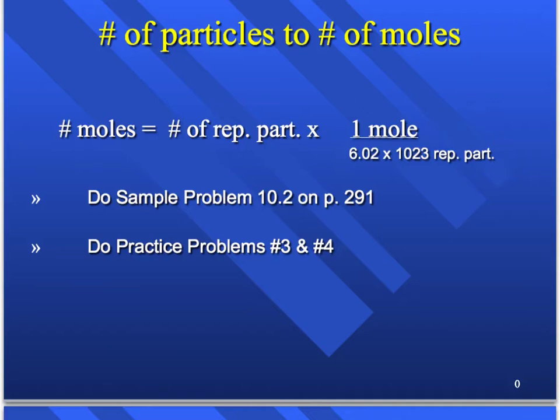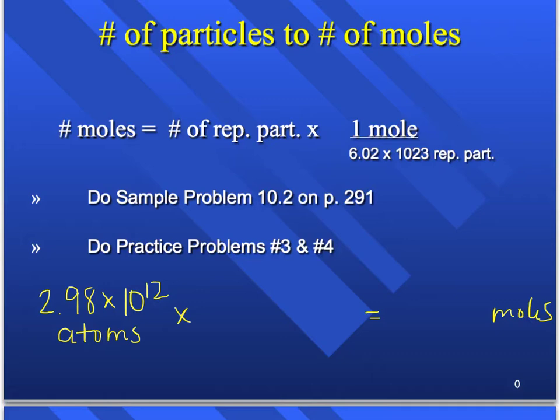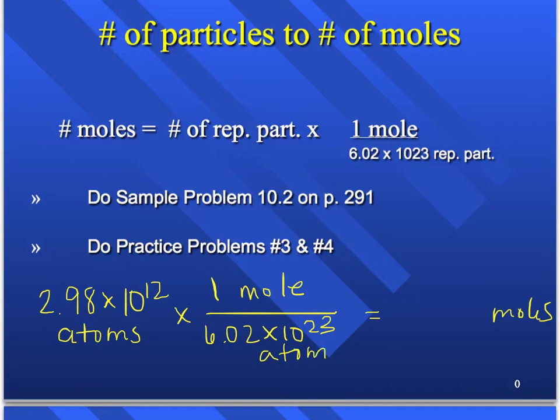So let me go ahead and set up an example here on the bottom. Let's say your problem read something like this: how many moles are in 2.98 times 10 to the 12th atoms? Notice we put moles down here because it's asking how many, so that's going to be in our final answer. The way that we would set up that conversion factor is just the same way as in our example. We would put the 1 mole on the top and the 6.02 times 10 to the 23rd atoms on the bottom. Those atoms are going to cancel. And then when we do the math on this, it comes out to be